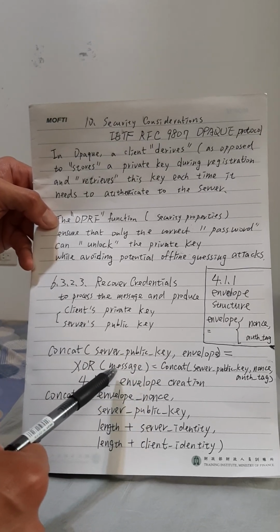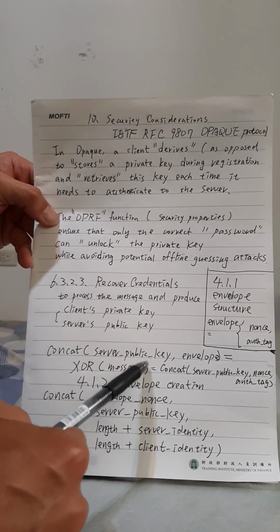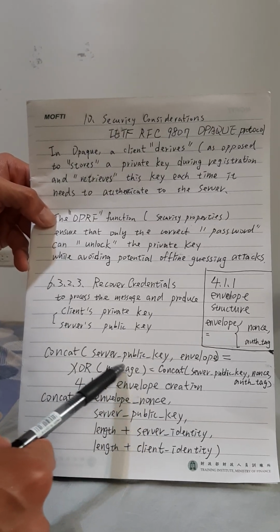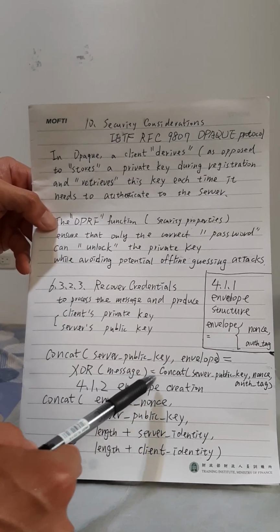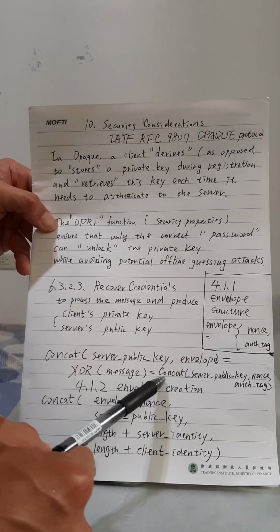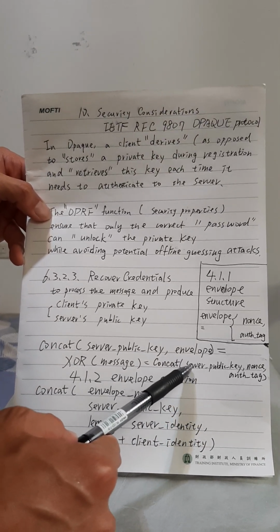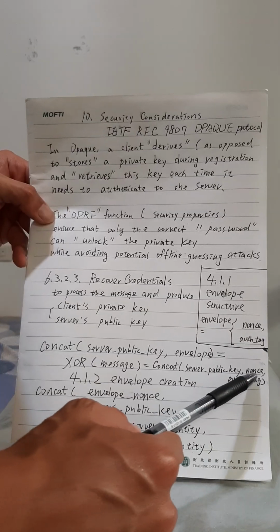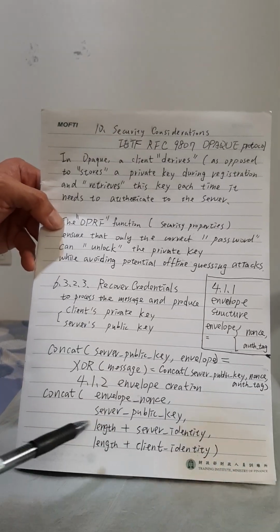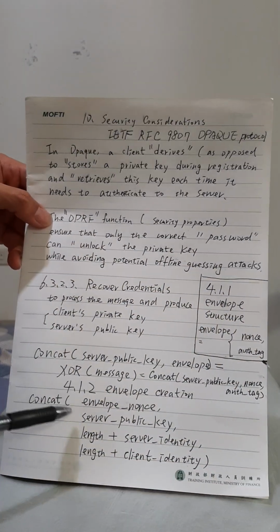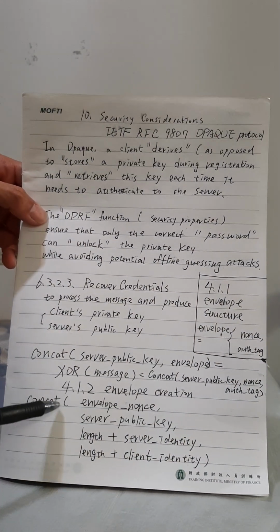Only the client knows the cross-stage key. Using that randomized password to decrypt the message, the output is a concatenation of the server public key, nonce, and auth stack. Okay, now I will talk about the envelope creation function in section